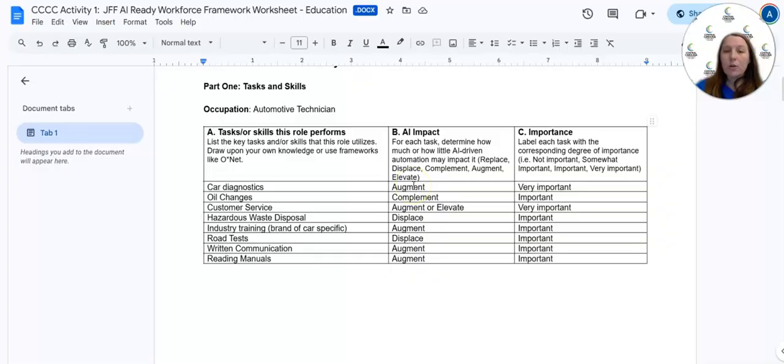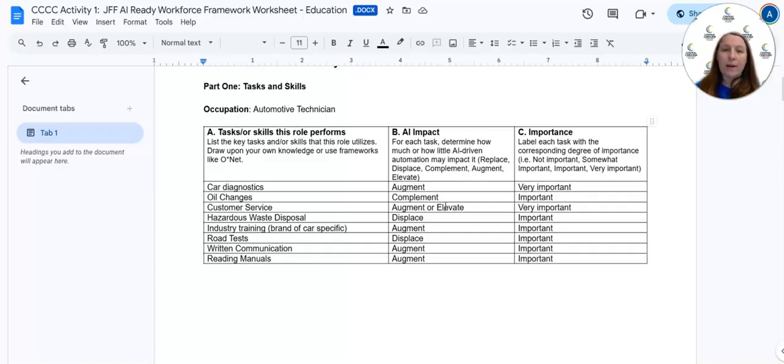Then, as you can see, we listed the AI impact of each of them, and then how important this task is. As you can see, we felt most of them were important to very important. So if you find yourself in that area too, that's okay. You can see we had anything from replace, not present, but displace, pretty close. So high AI, artificial intelligence impact, all the way down to just elevating or augmenting. So like supporting, but really the human has to be there. So it's okay to also have a range there as well.